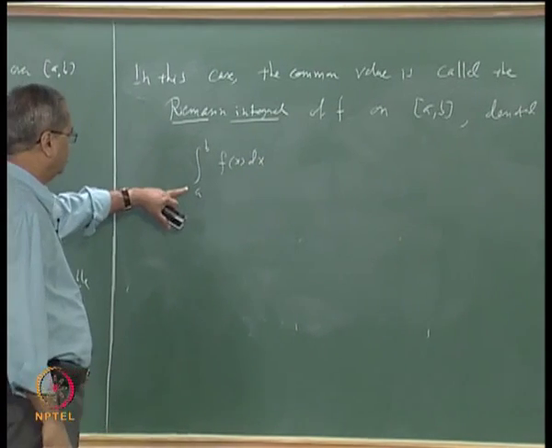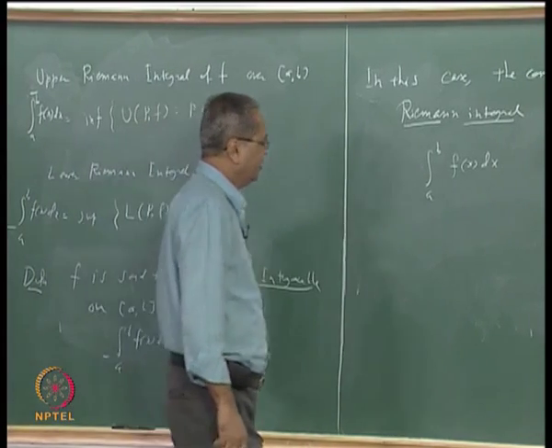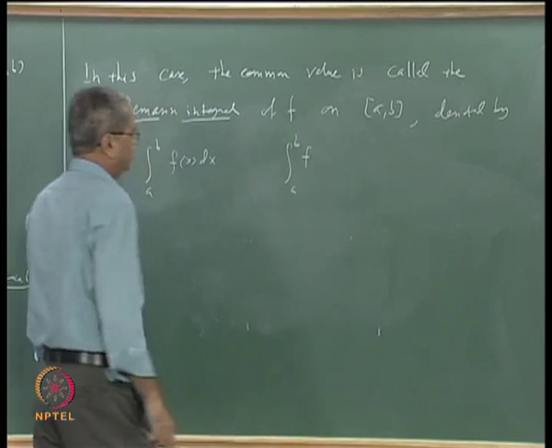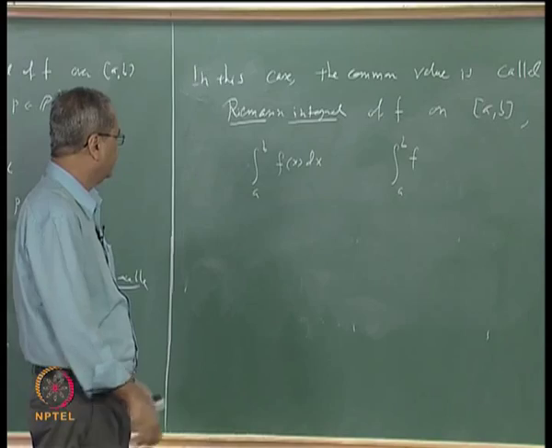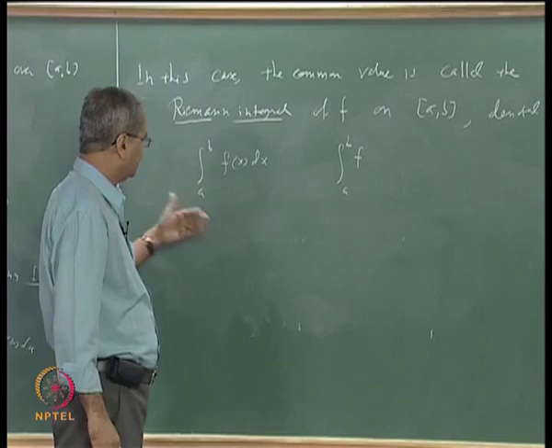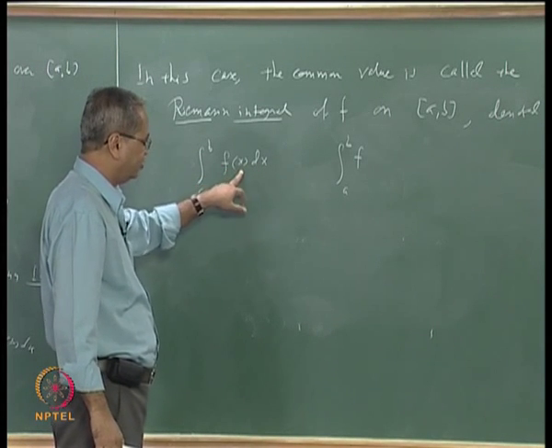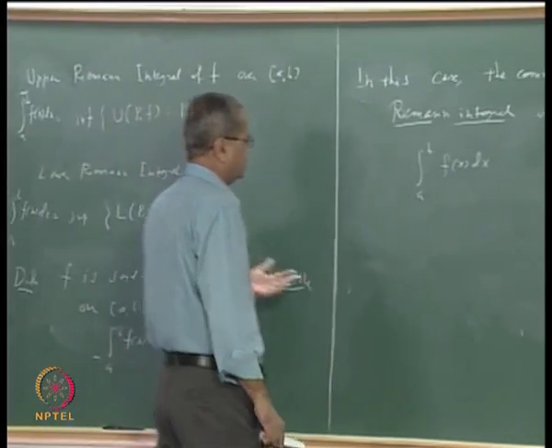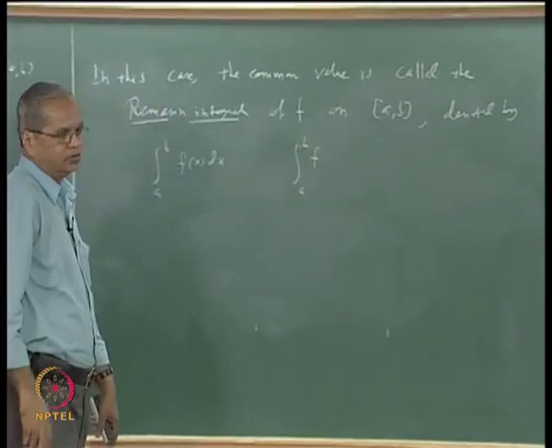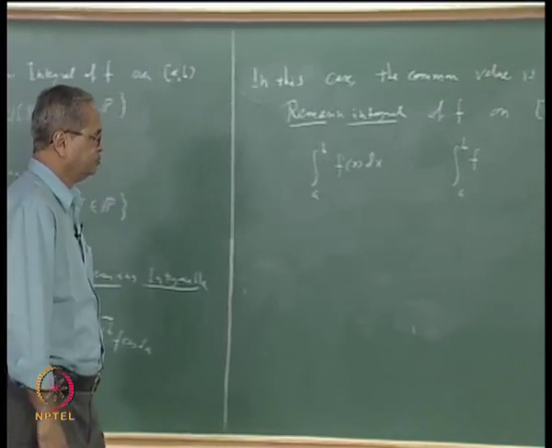This time no bar either below or above, it is just the Riemann integral of the function f. In fact, another notation for that is just the integral a to b f. This is also convenient in many cases because you can see that this x really does not mean much, because integral a to b f(x) dx is the same as integral a to b f(y) dy or f(t) dt. That is why this is simply called a dummy variable, because you are ultimately summing or integrating over that variable, whereas the value depends only on the function f and on the interval [a, b]. That is why this notation is a little more convenient.